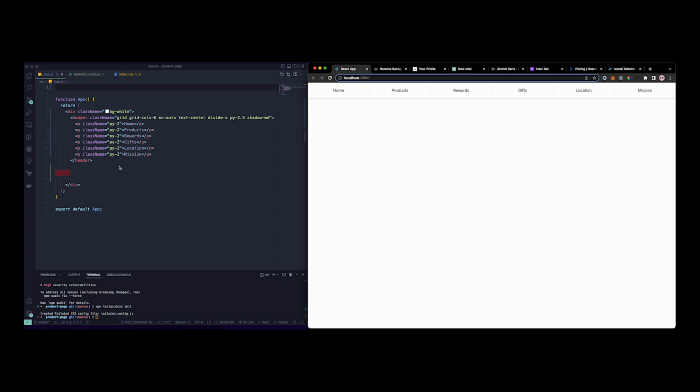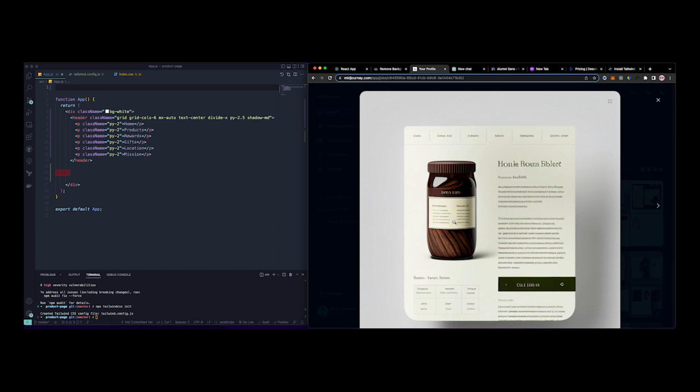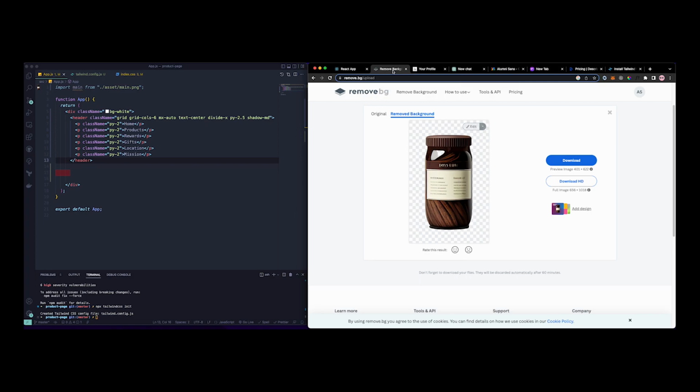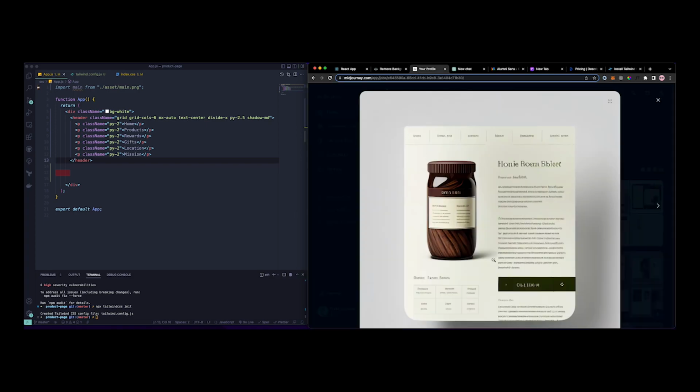So let's do that. At first let's just import this image. So I'm just going to import it as main. I'd like to call it main, and it's located on .asset main.png. So once that is imported, let's just create 2 grids. So first of all,